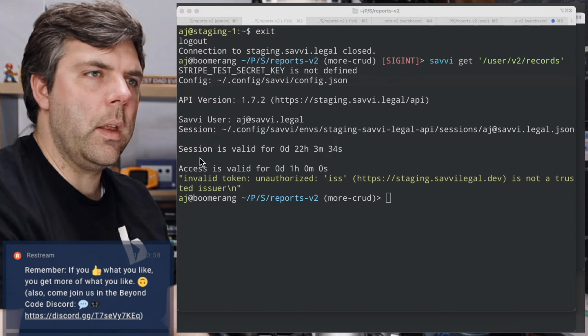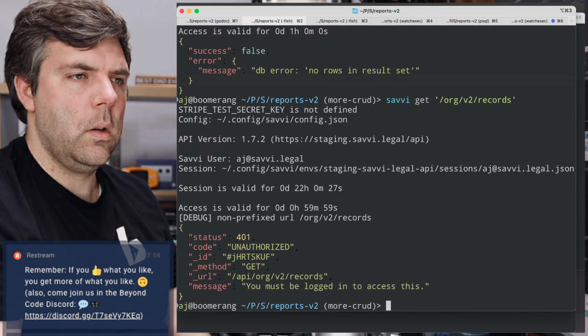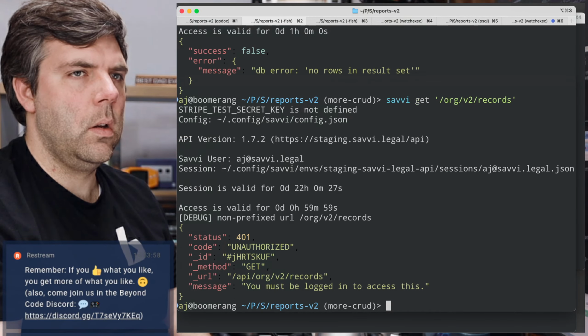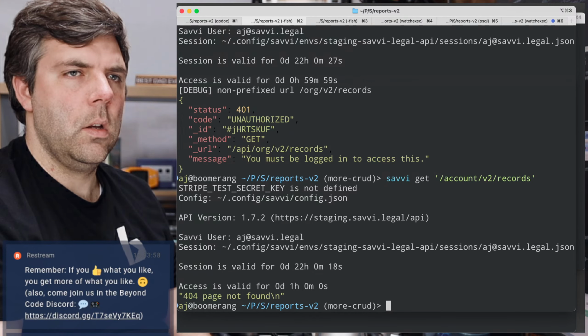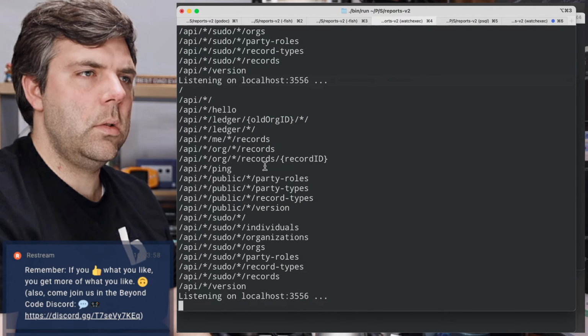Okay, let's try this again. So I just added that issuer to the OIDC whitelist. No rows in result set. That's not so bad. Oh, whoops. Account. Let's take a peek here.